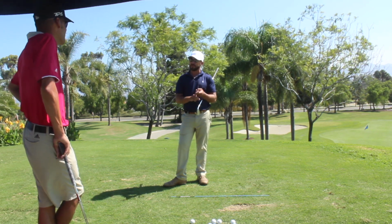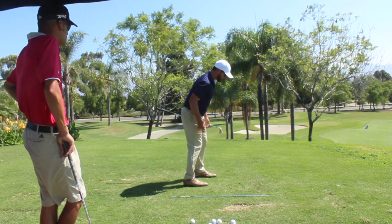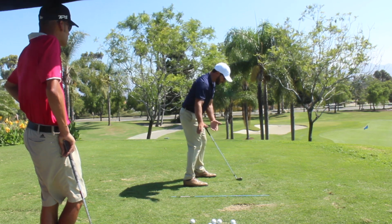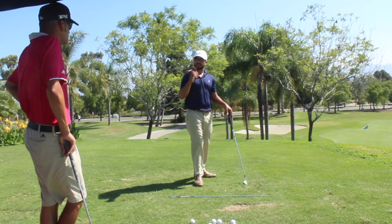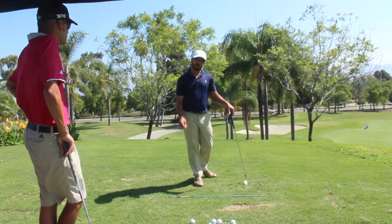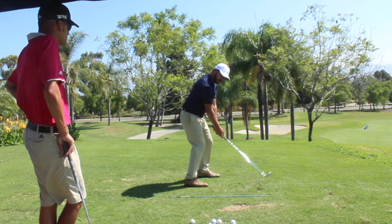Setup. Hips over ankles, shoulders past toes, playing golf underneath us, not playing golf around us. That's number one. That's going to get your path straighter before you even pull the trigger and swing the golf club. Number two is using the connection of the hands and the body throughout the swing